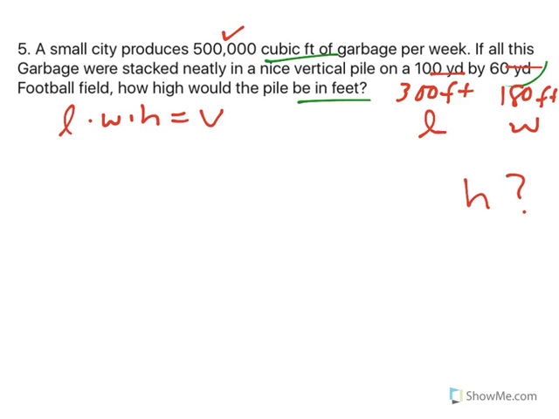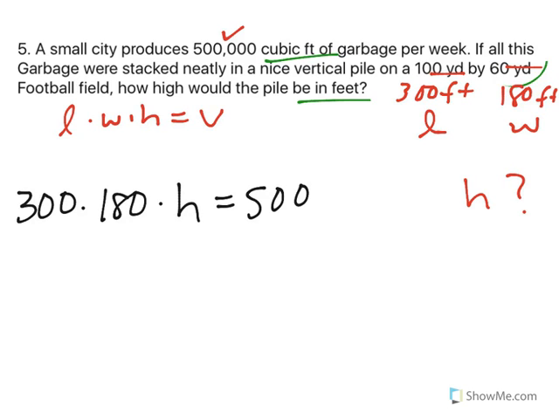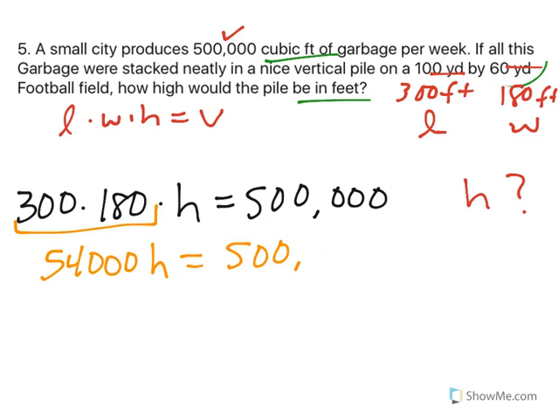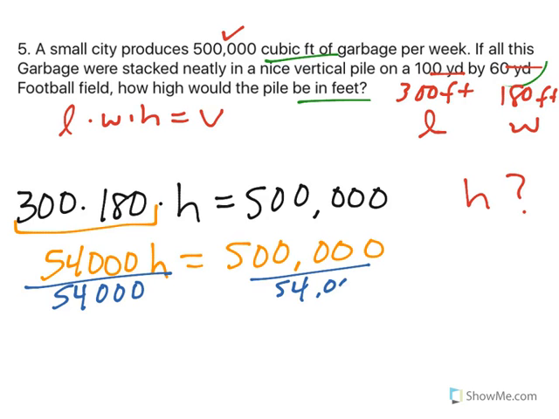So we have a formula here, 300 times 180 times an unknown value, let's call it h for height, equals 500,000. Now in solving this, first let's multiply these two numbers together to make this a little bit easier. 300 times 180 is 54,000. So 54,000 times h equals 500,000. In order to get h by itself, we divide by the number in front of it, which happens to be 54,000. That means h equals